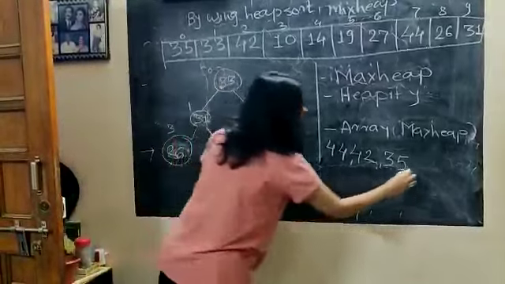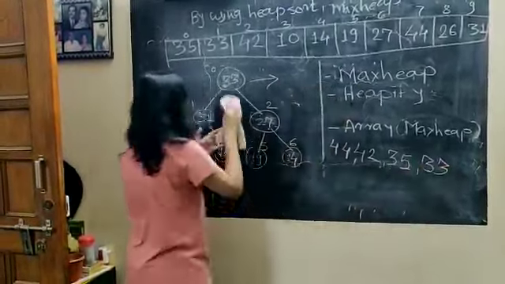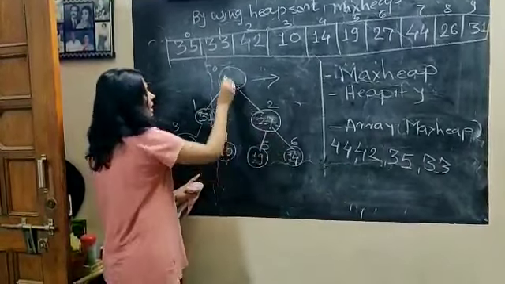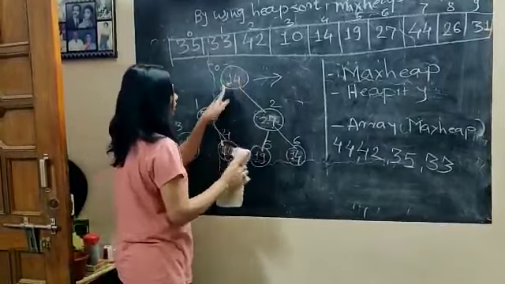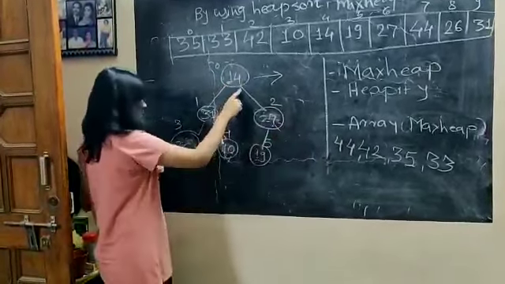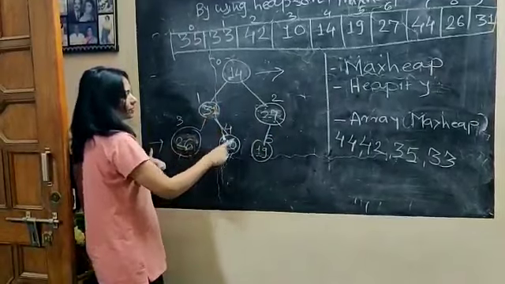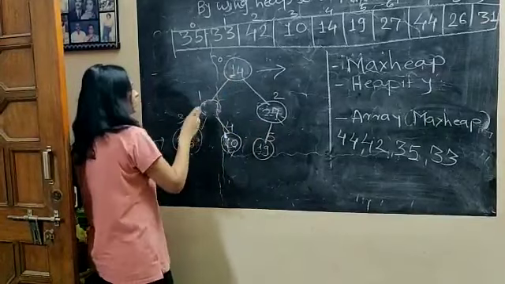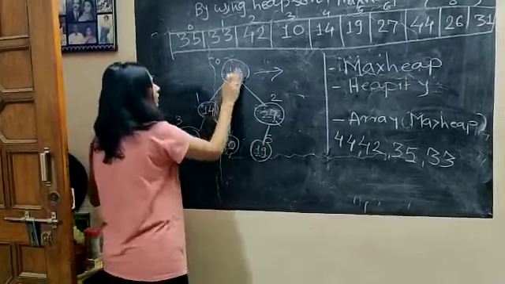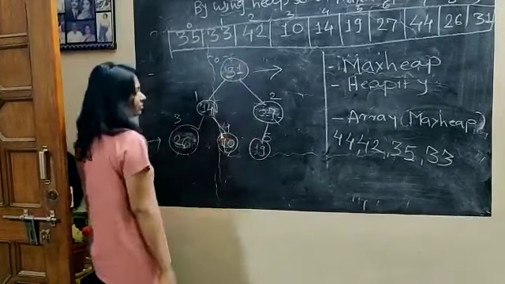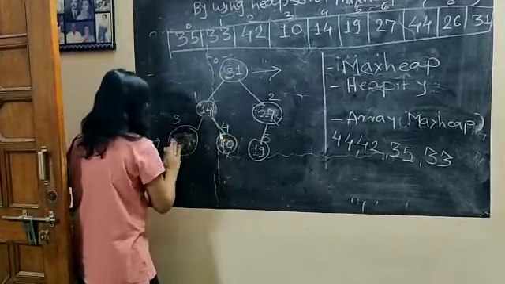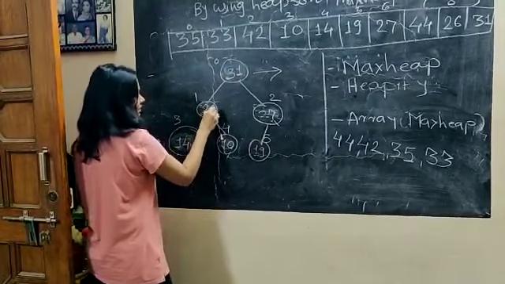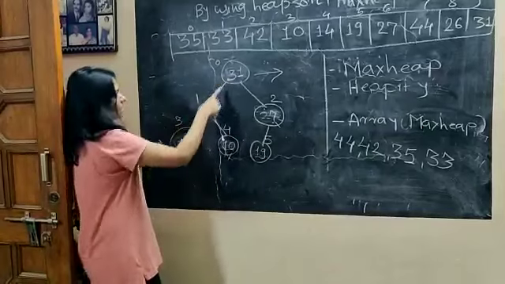You will take out the root node as 33. Now again we will check the node present at the last location, the 6th node, that is 14. It is kept over here. 31 is greater than 26, 10. 27 is greater than 19. Now 14 is less than 31. So here you will do the swapping. Here comes 14, here comes 31. Now again 14 and 26, we will do swapping. Here comes 14, here comes 26. Now this is the balanced tree.